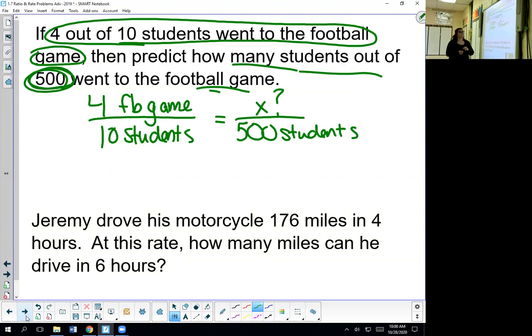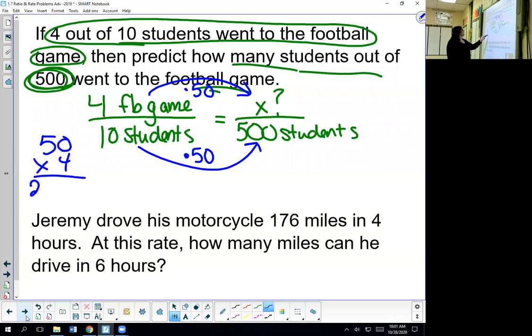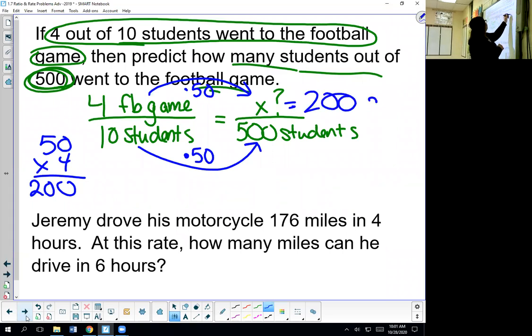You should see the trick here. You can simplify if you want, fine with me, but I already see a pattern here. From 1 times 5, I would have to multiply by 5. So 10 times 5 gives me 50, but I got an extra 0. So if I multiply 10 times 50, I get 500. So I'm using the trick because I can see it right now. Then I just do the top here, times 50. So 50 times 4, that's the 20 with an extra 0. So prediction is that 200 students